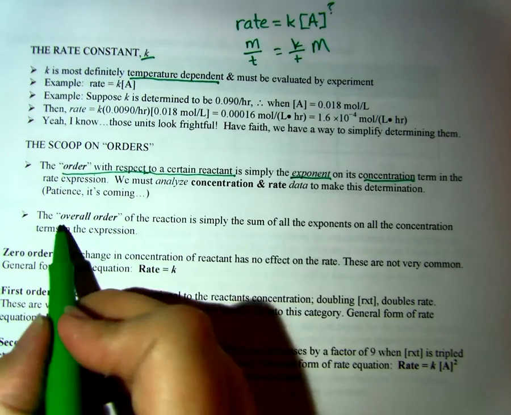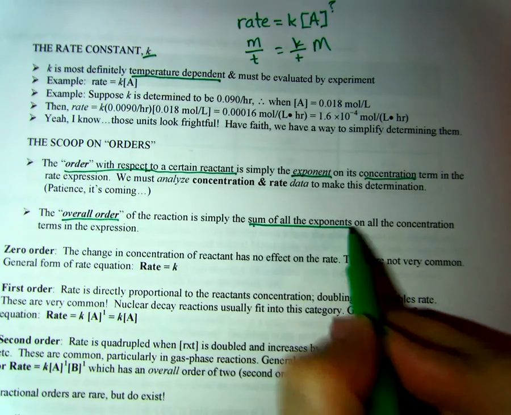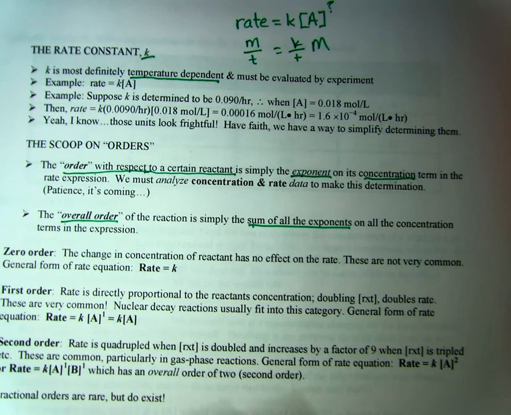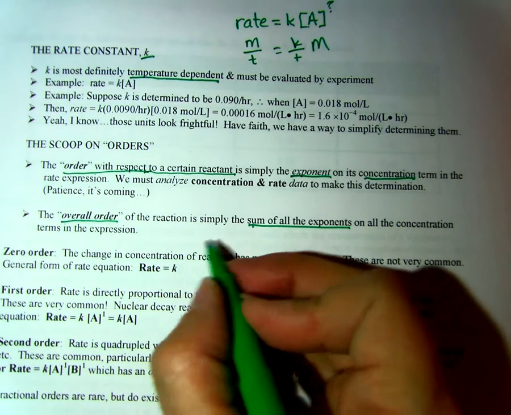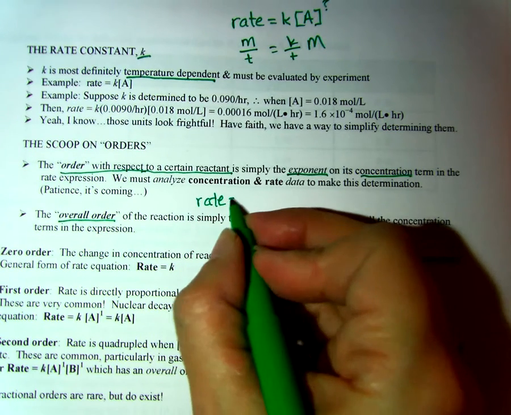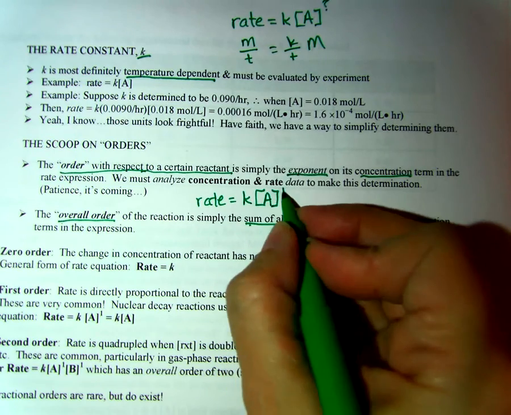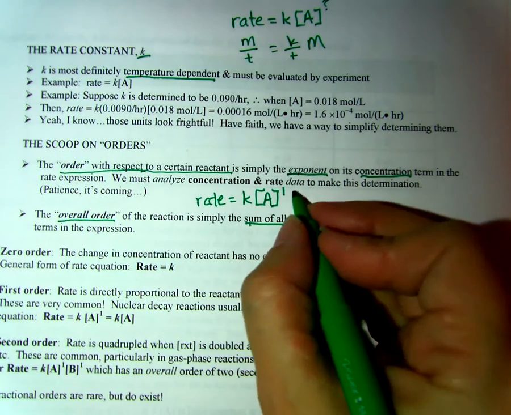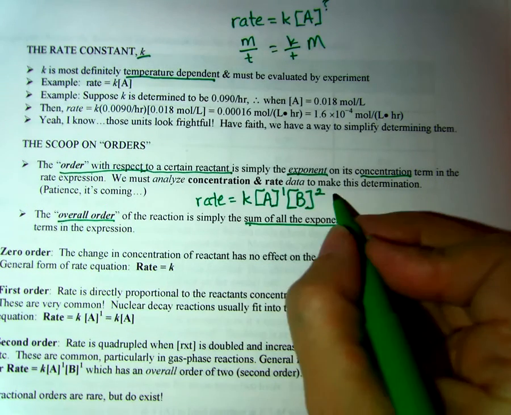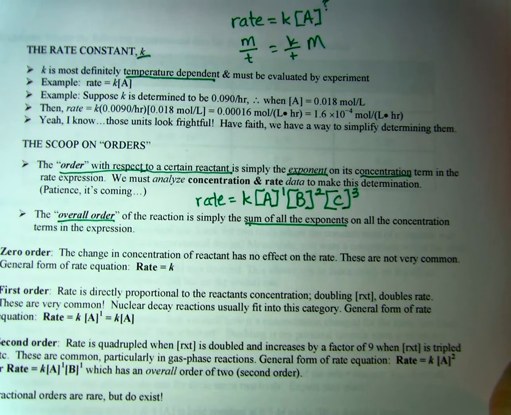The overall order is simply the sum of all the exponents in the reaction. So here, as an example, if you have the rate is equal to K times the concentration of A, raised to the first power, times the concentration of B, raised to the second power, times the concentration of C, raised to the third power. Well, you would say